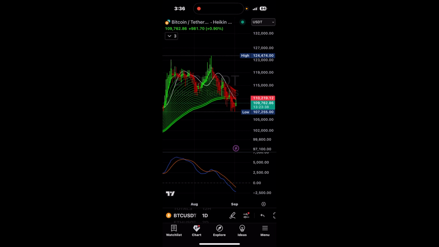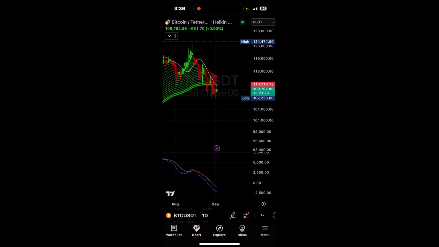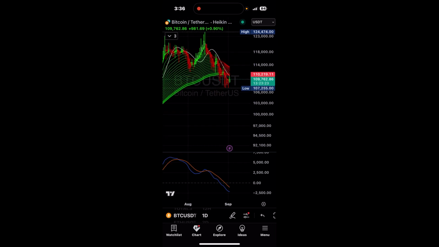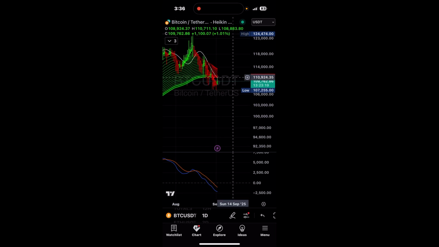We're at Bitcoin right now, and you want to go to a longer time frame, and you want to pay attention to what the linear regression plot line is doing. The more you focus on a longer time frame, the more accurate it's going to be. Right now for Bitcoin, we see that the linear regression plot line is crossing down